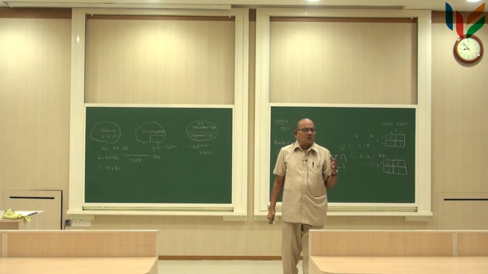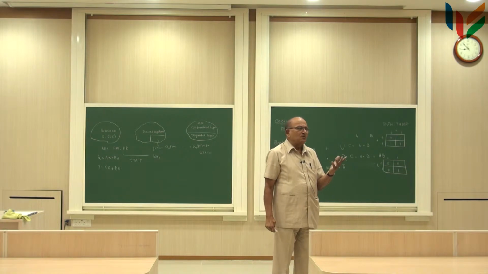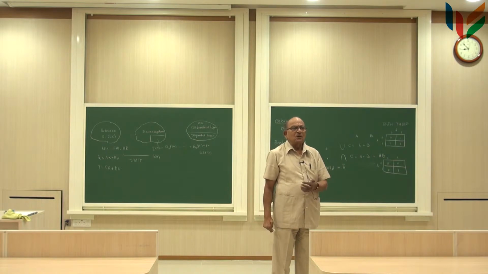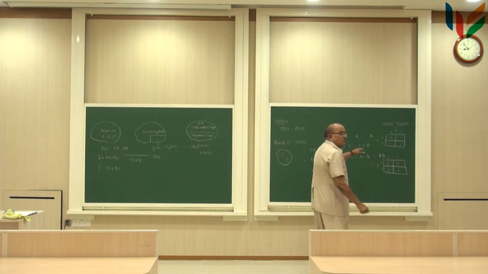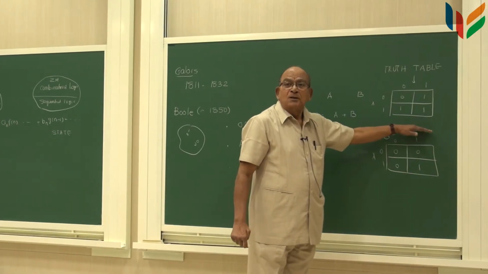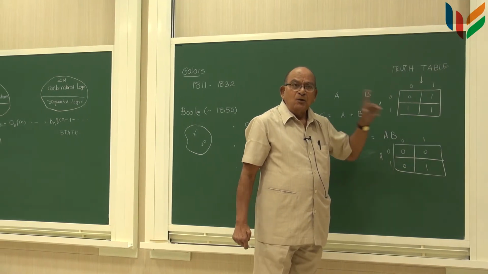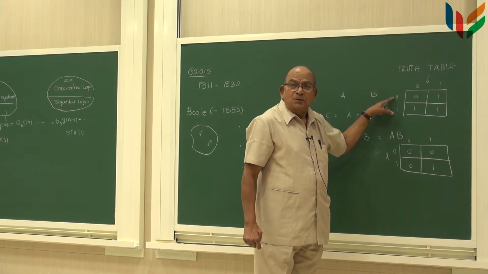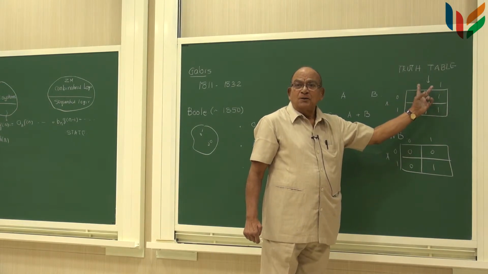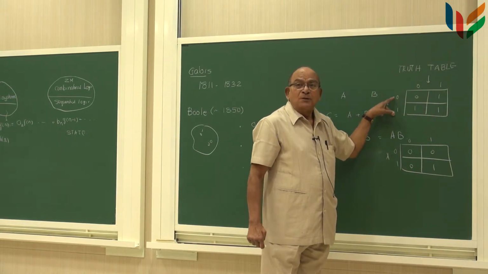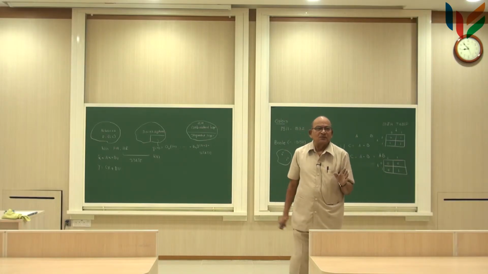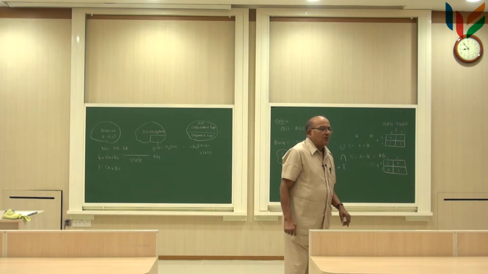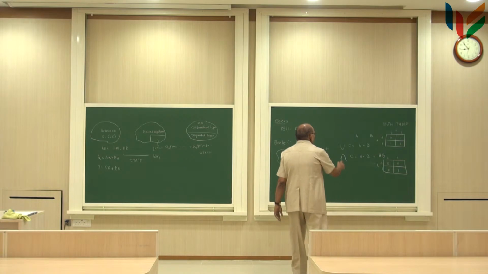What did we do? We have taken two variables, and these two variables can take on any value. A can take on 0 or 1, B can take on 0 or 1, and if A takes 0 or 1 and similarly B takes 0 or 1, what the C value is going to be is represented by this table. Remember, what did we do in this table? We exhausted all possibilities of A, we exhausted all possibilities of B, and for every possible value of A and B, we defined what is A plus B or A into B. This is a truth table.